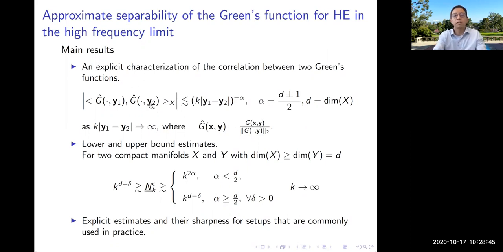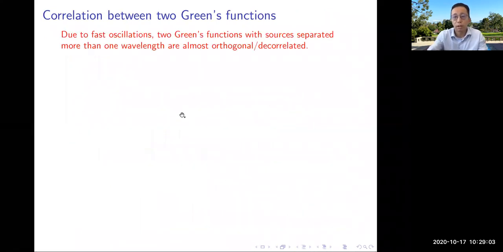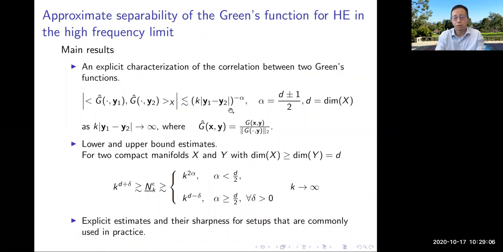So the first thing we have to establish is showing the Green's function decorrelates faster and faster, if they are separated by more than a wavelength. So you see the K here is 1 over lambda, so basically it's Y1 over Y2 over lambda. Once the separation distance between two sources is a little bit bigger than the wavelength, the Green's functions become like orthonormal. Basically, when two vectors are orthonormal, you don't tell me anything about me. They are totally independent, okay?